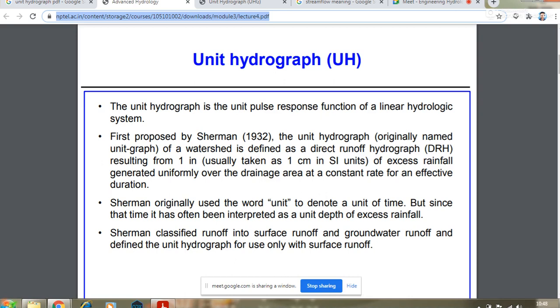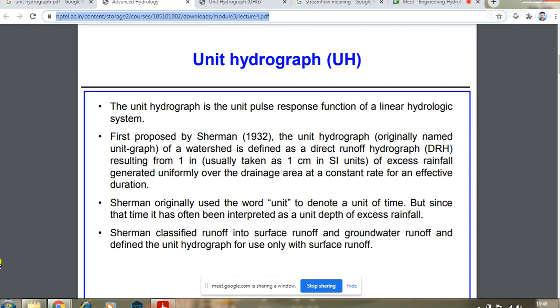Now Sherman classified runoff into surface runoff and groundwater runoff and defined the unit hydrograph for use only with surface runoff. ठीक है, इसका मतलब क्या है? शर्मन का जो मेथड था पहले, ठीक है, उन्होंने क्या किया था, जो रन ऑफ का जो हम लोग यहाँ पे कॉन्सेप्ट देख रहे हैं, डायरेक्ट रन ऑफ हाइड्रोग्राफ, उसमें जो रन ऑफ का कॉन्सेप्ट है, मतलब जो पानी बह रहा है, वो पानी दो जगह से बह सकता है। एक है सरफेस के ऊपर से, दूसरा है अंडरग्राउंड से। ठीक है, तो शर्मन ने जो डिफिनेशन दिया था उसमें सिर्फ उन्होंने सरफेस रन ऑफ को ही लिया था।